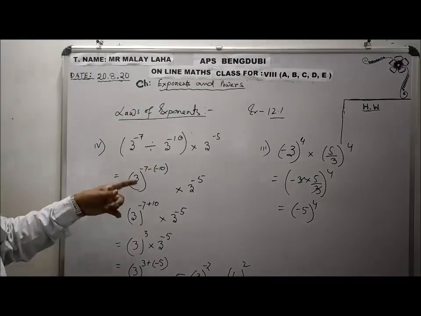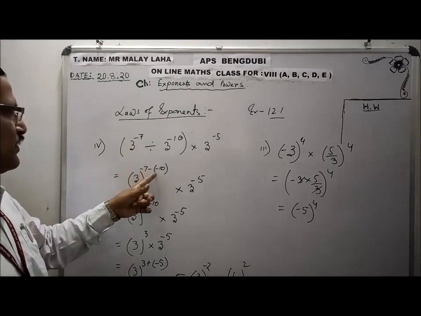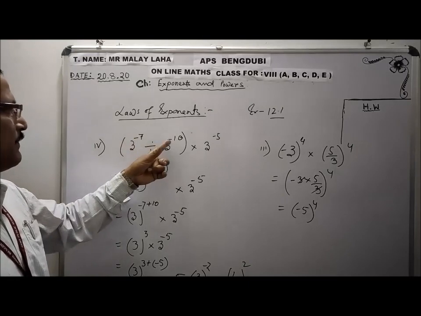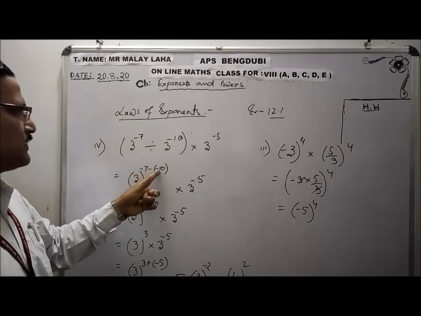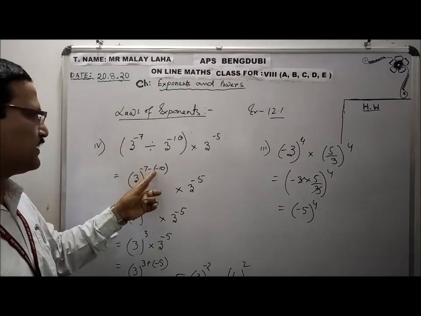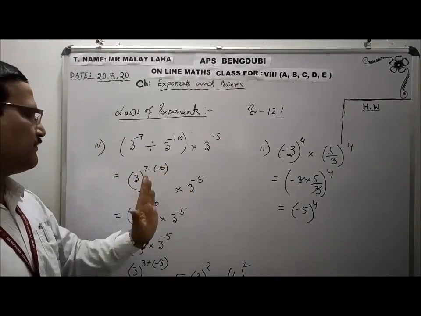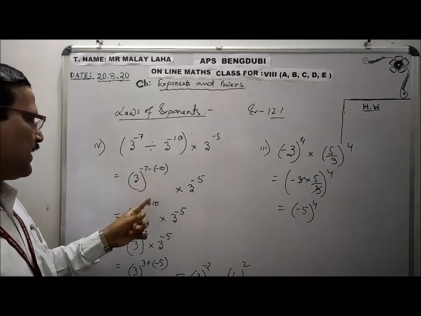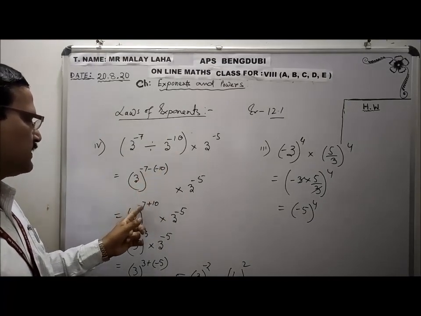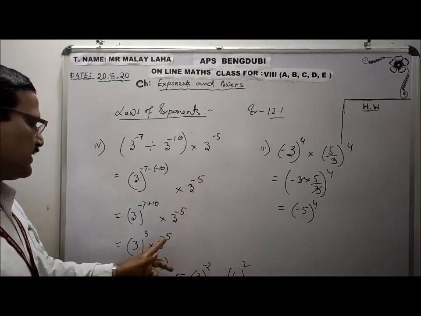Very important. You see again. Both the numbers having the same base, the power we have to subtract. First power minus 10. This minus and this minus: this is the direction, the operation sign, and this is its own power sign. Okay. And this is a separate part. Now you have to add minus 7 plus 10. Okay. And then 3 raised to 5. Just you have to write it down.